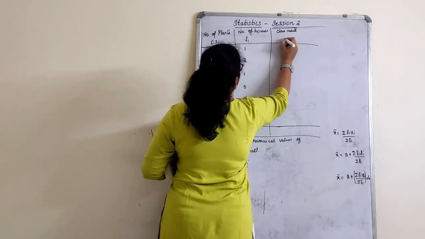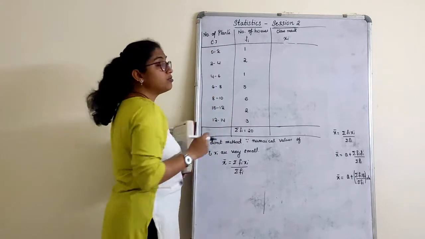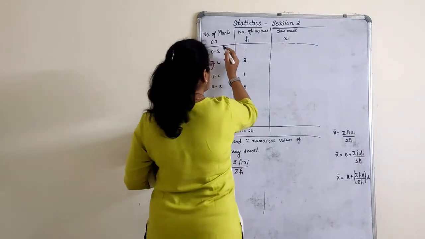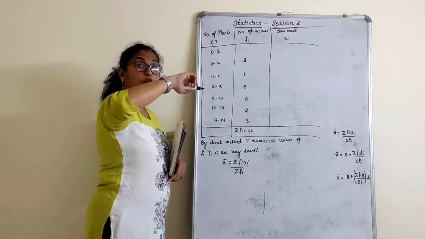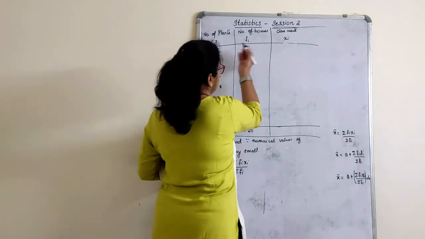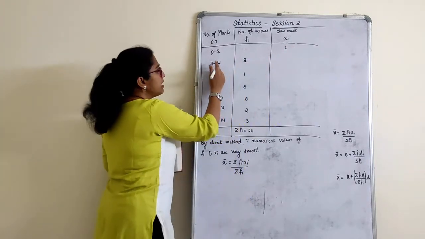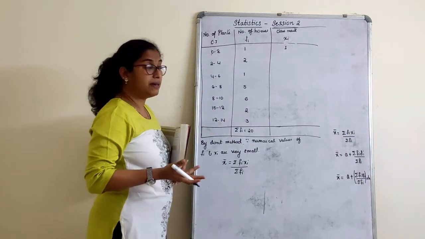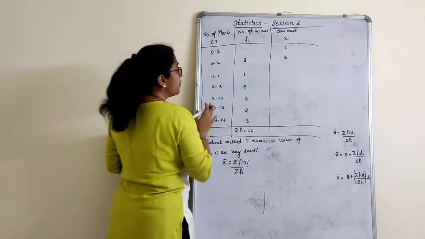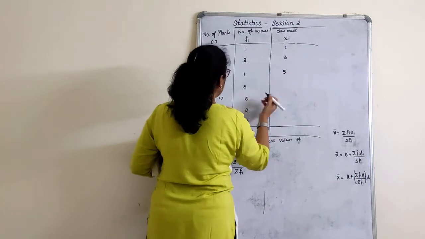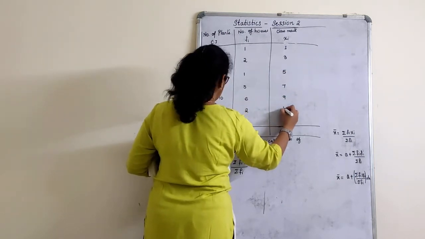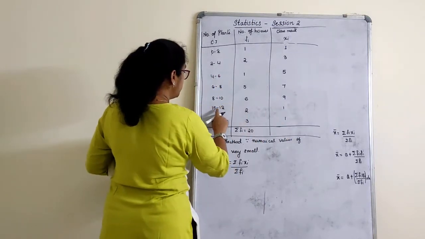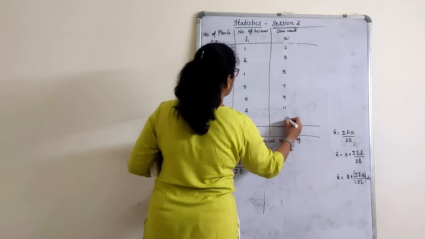What is the class mark? The midpoint of the class interval 0 to 2. How to find the midpoint: this is called the lower limit, and this is the upper limit. Lower limit plus upper limit divided by 2. So obviously it is 1. Here it is very simple. Just see, I'll show you. Lower limit plus upper limit: 4 plus 2, 6. 6 divided by 2, 3. Understood how? This is how we actually find it. Here it is very simple, orally we can calculate this. So 1, 3, 5, 7, 9, 11, 13.